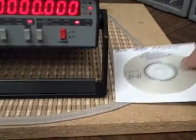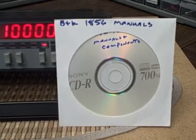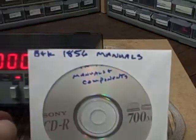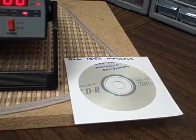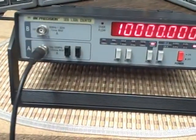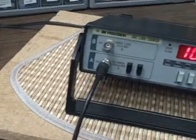Okay. And along with that, we're going to include the BK1856 manuals on CD, along with the schematic diagram for the 1856 and the components list. So if you need to refer to how to use the unit, or if you need to do some service in the future, you're not left without. It'll come with the power cord. It's a brand new power cord. I opened up the package myself just a few minutes ago, and I'll put it back in the same package